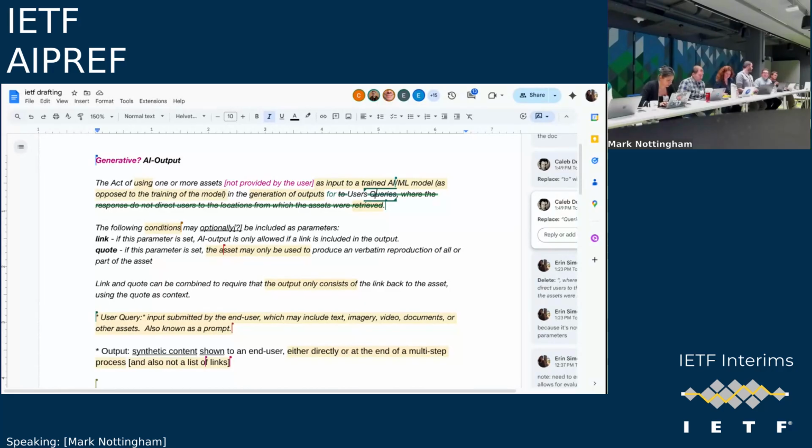So the whole point of this is that the search engine can know about the content, it can infer about the content, it can rank the content, it can do all sorts of things internally with the content, but at the point that it comes to spitting out a search results page or something at the system boundary, it would be prohibited from generating any content that used the thing that was referenced.